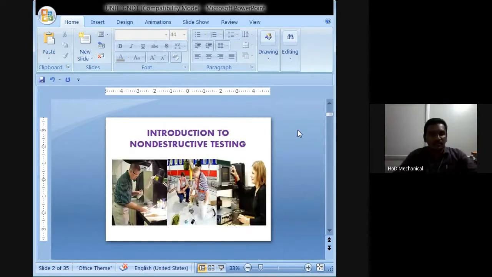First of all, why do we choose non-destructive testing? Commercially, we have used some testing methods in which the testing specimen is damaged after the testing or inspection process is completed. We check some testing specimens, meaning the workpiece you check using the testing instrument will be damaged.